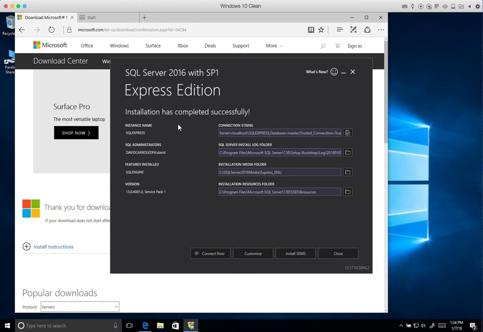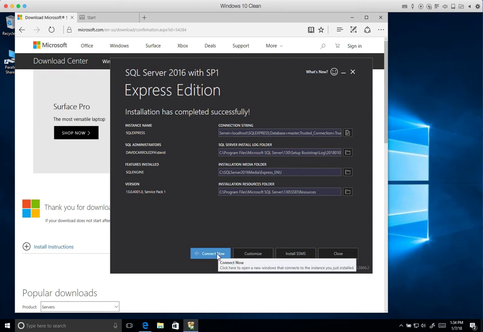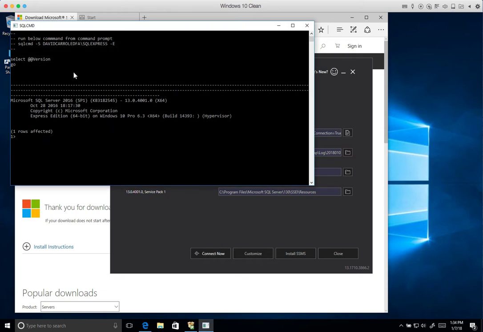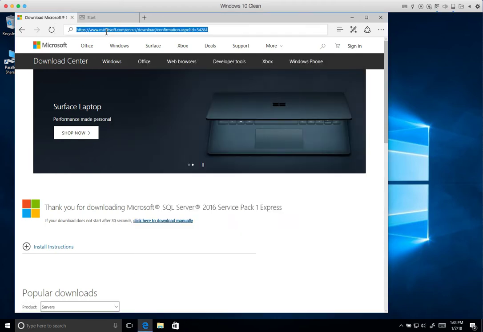If you want to know the name of your SQL server, it says it right here, SQL Express. But if you click Connect Now, this shows you the name up here. This is the name of your machine backslash SQL Express. You could use that as the thing you point to get to the server, but you don't need to. So I just want to point that out to you. So I'm going to close this installation right here, and yes, I want to exit. I want to go back to